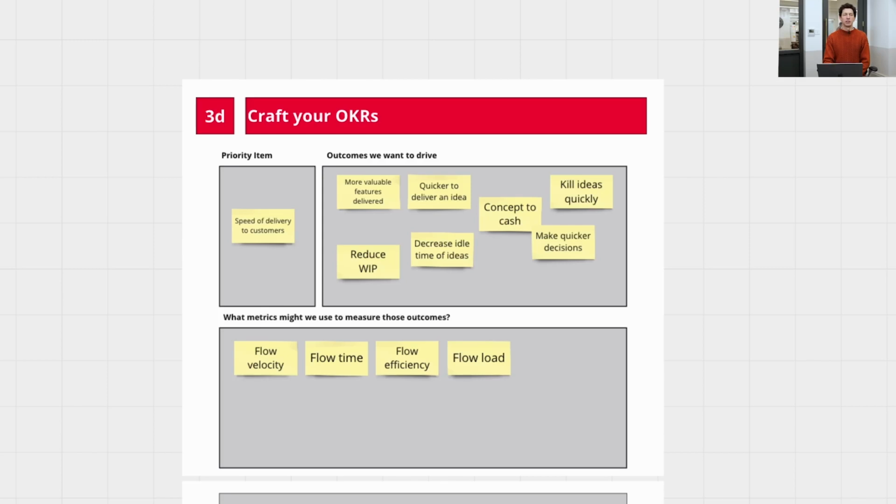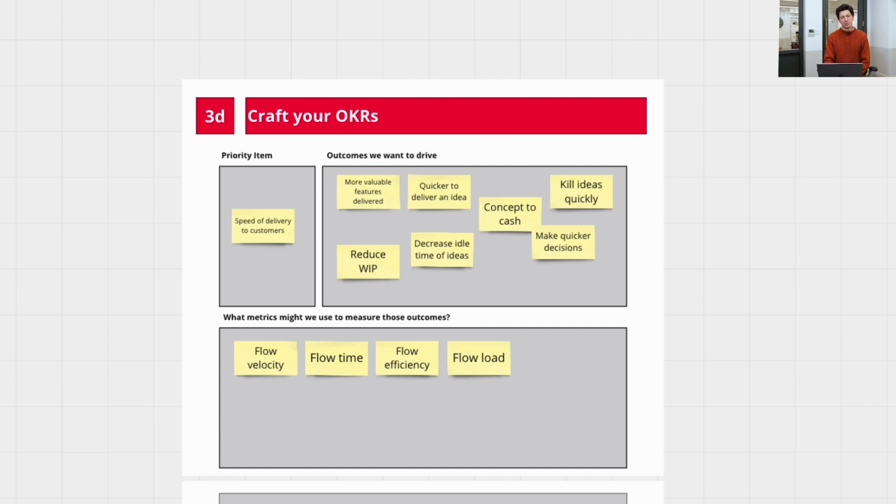Let's look at an OKR for a whole product function. Now, this product function wanted to focus on the speed of delivery of value to customers during the next quarter. When they thought about the outcomes that they want to drive, they thought about things like more valuable features delivered, quicker to deliver an idea, concept to cash, killing ideas quickly, making quicker decisions, reducing work in progress, and decreasing